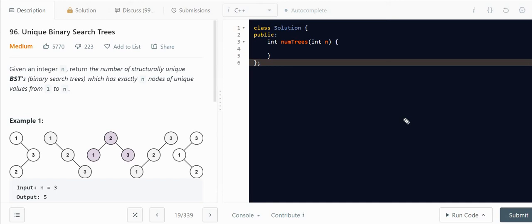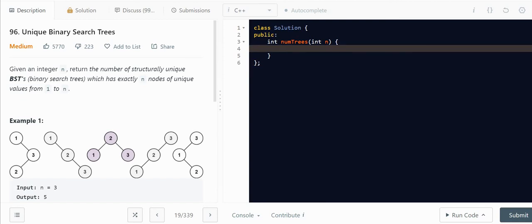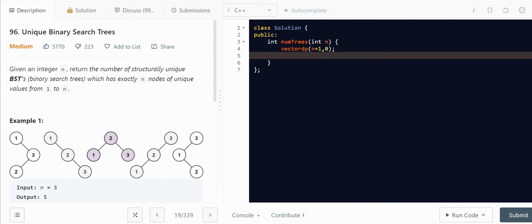So as I previously discussed, we will be discussing the DP approach. So for that purpose, I am taking here the vector DP, let's say, and its size should be greater than 1 and all elements initialized as 0, right?